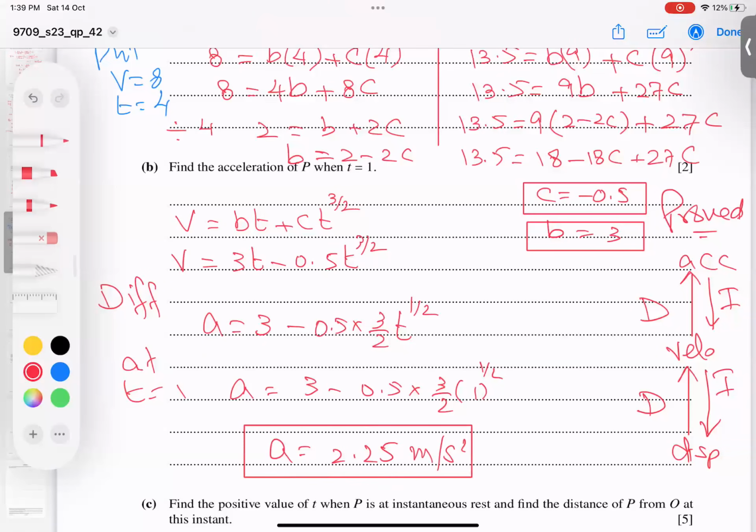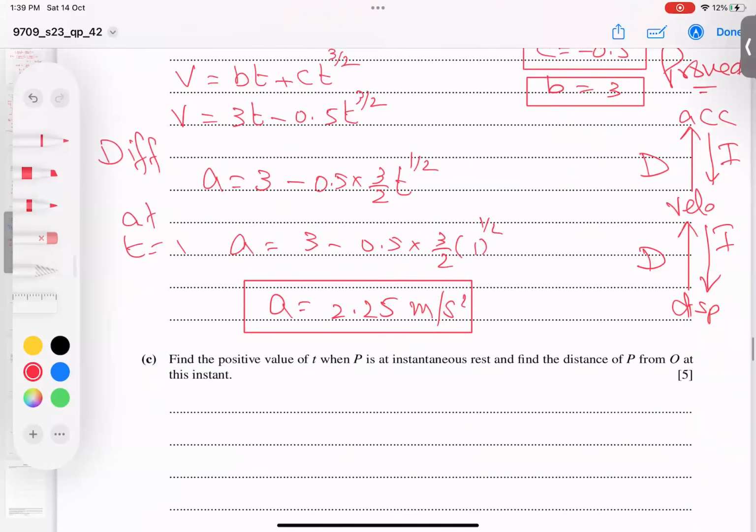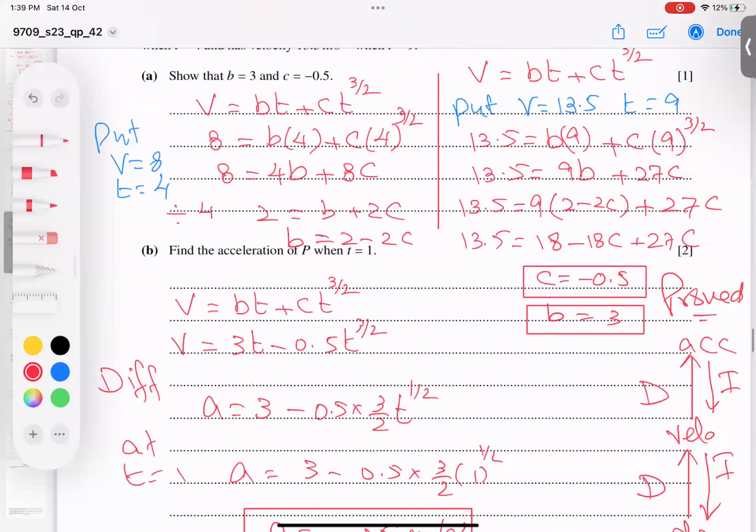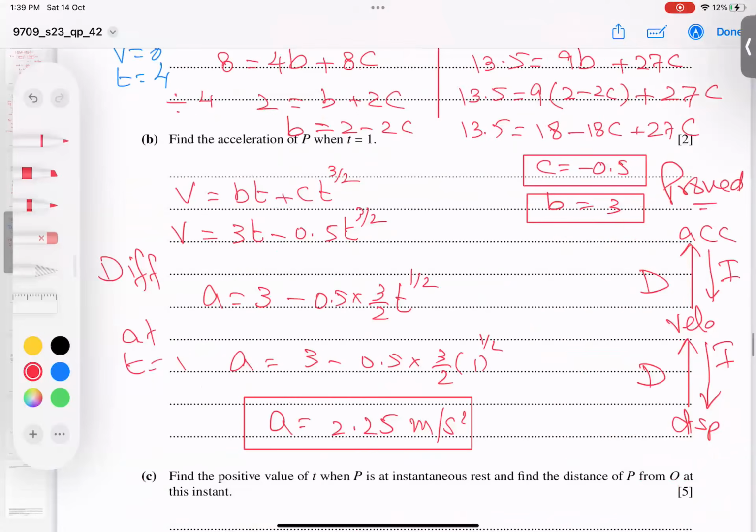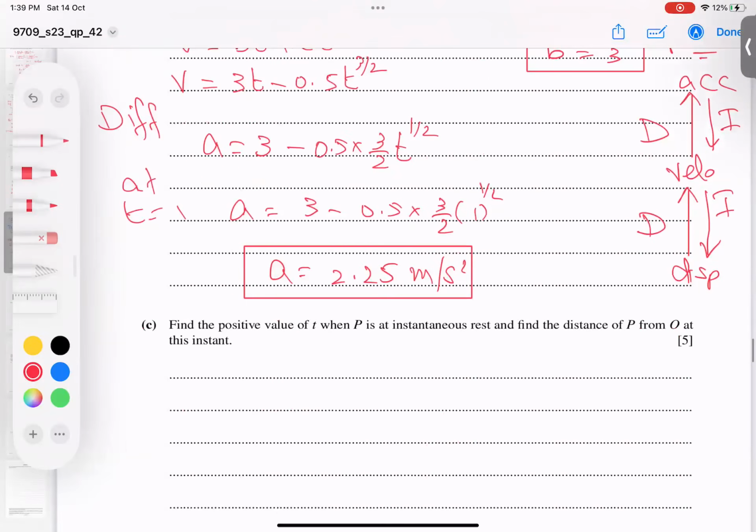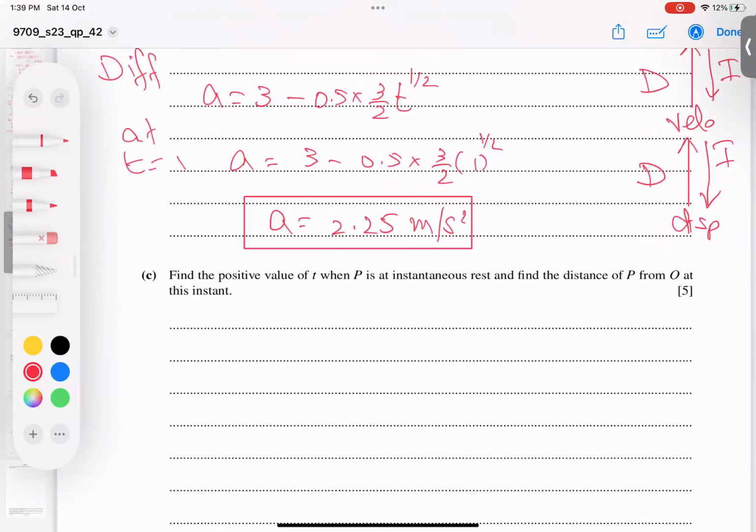And I believe it's nothing hard. Only the first part was a little lengthy, but the second part is not lengthy. For the next 5 marks, he's saying find the positive value of t. It means there are two possible values of t that will come. But he said P at rest. And rest means velocity 0 for sure. And then you find the distance of P at that instant. So job number 1,